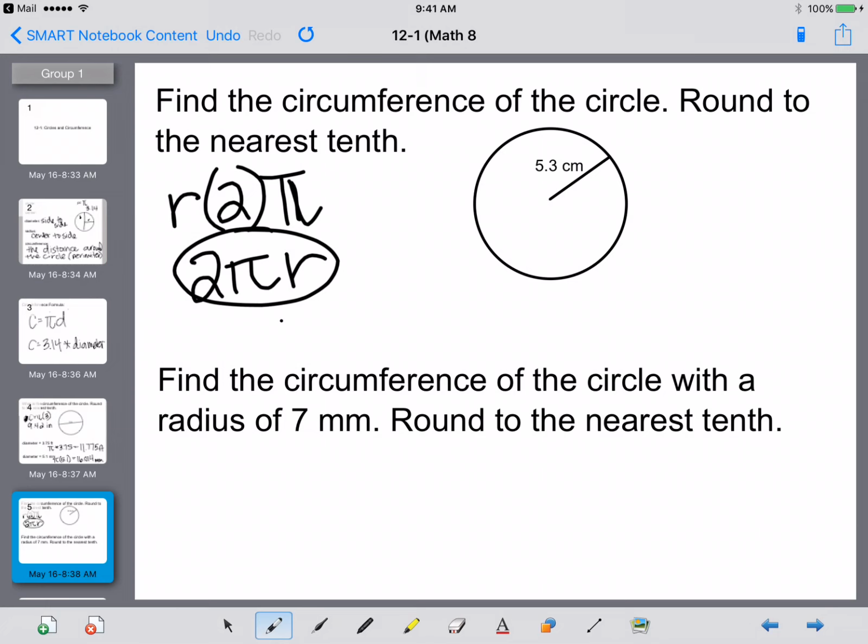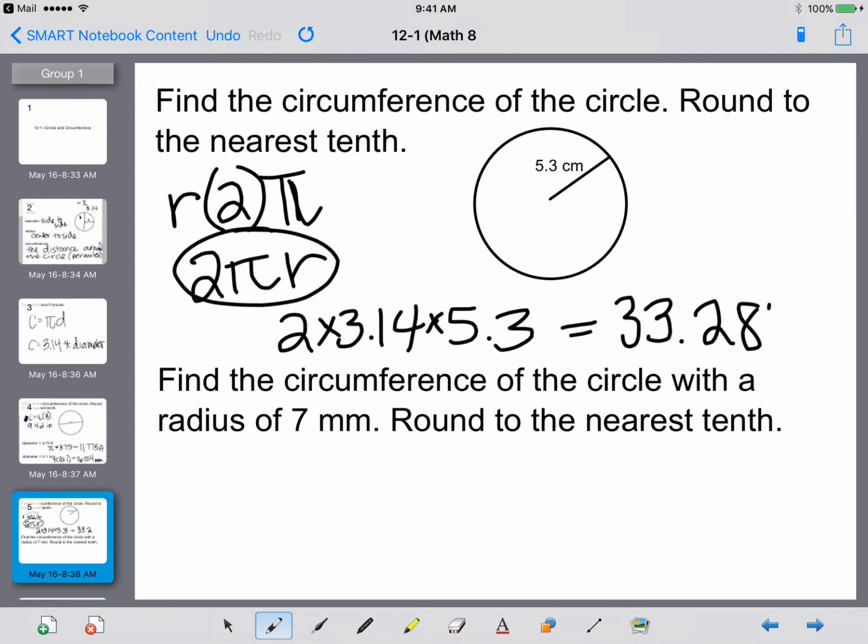So all we have to do is we have 2 times our pi of 3.14 times our radius of 5.3. Sorry, I think I said diameter earlier, but I meant radius. So 2 times 3.14 times 5.3, because when we multiply that whole thing by 2, that's when we have the radius in there. And that equals